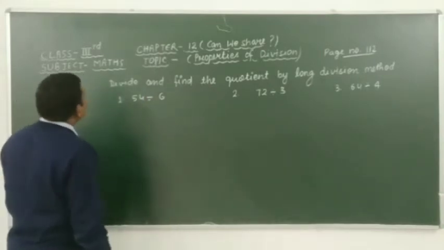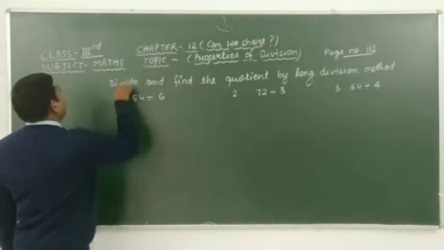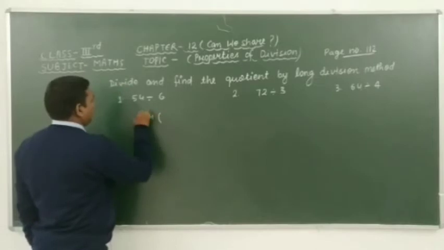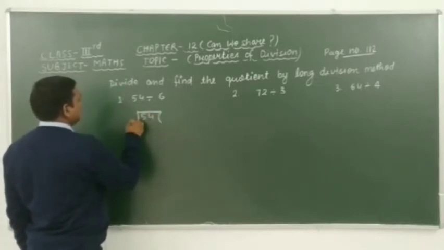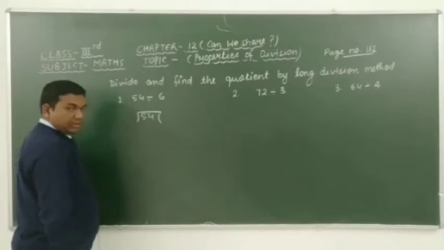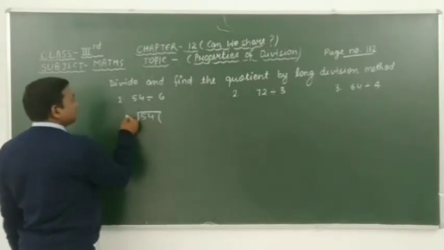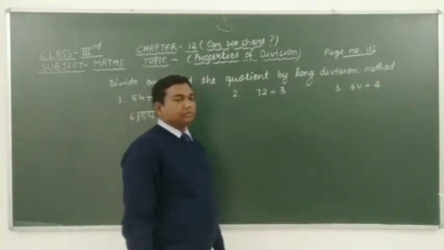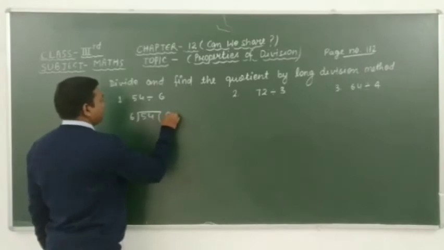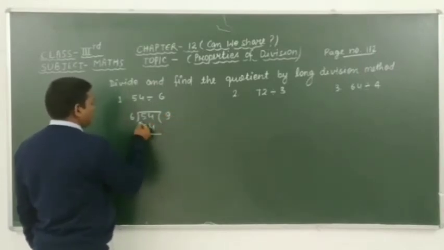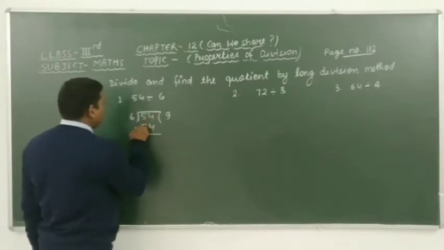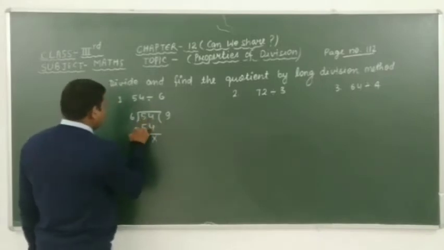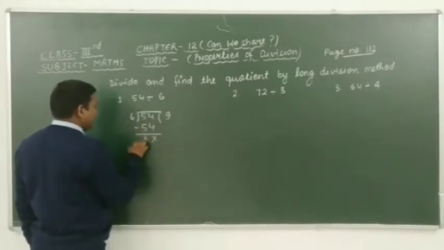firstly we have to take the division of 54 by 6. Recall the table of 6. 6 9s are 54. Okay students, after subtracting these we get 4 minus 4 is 0. It means that here we can write cancel mark, and 5 minus 5 is 0. It means that here we can write cancel mark.